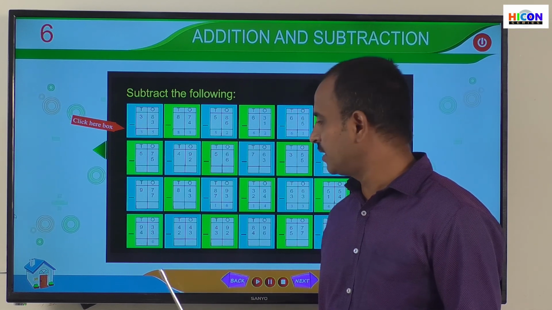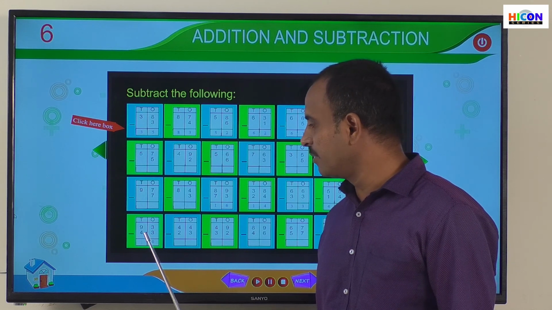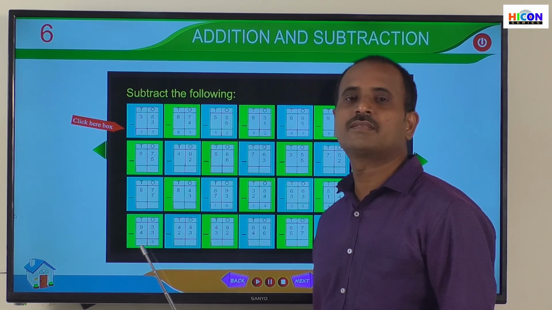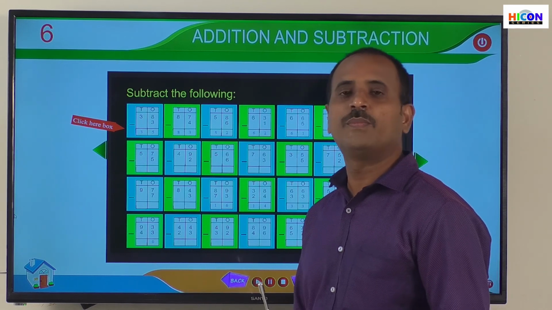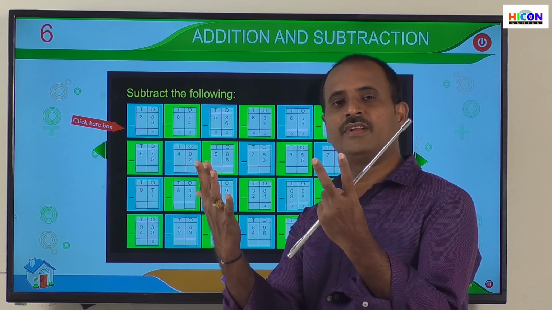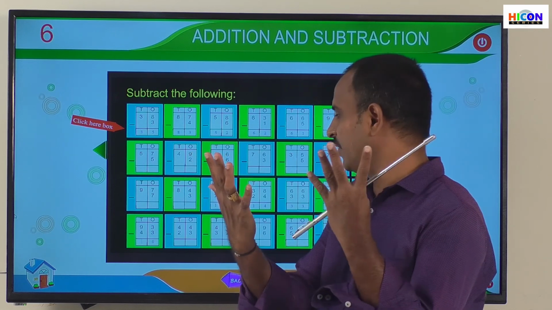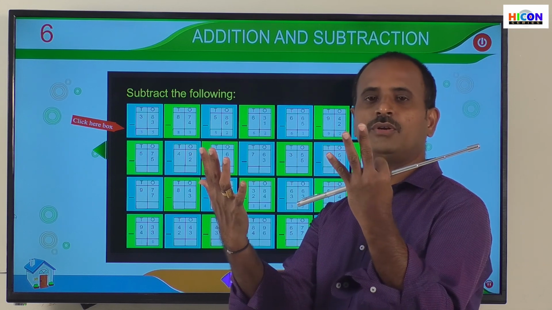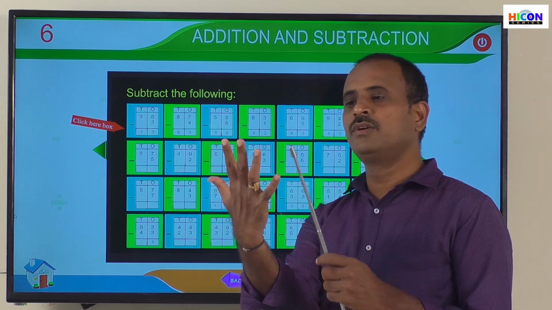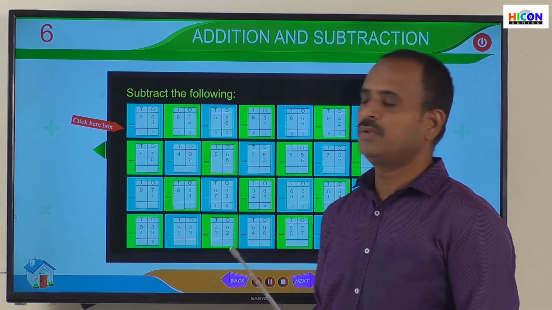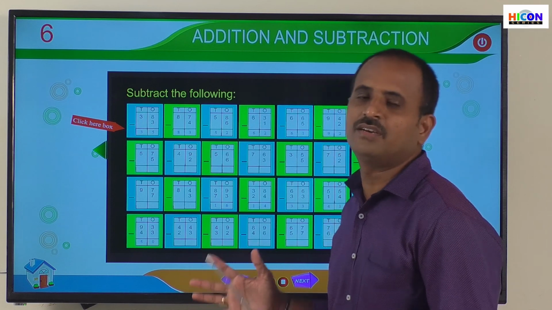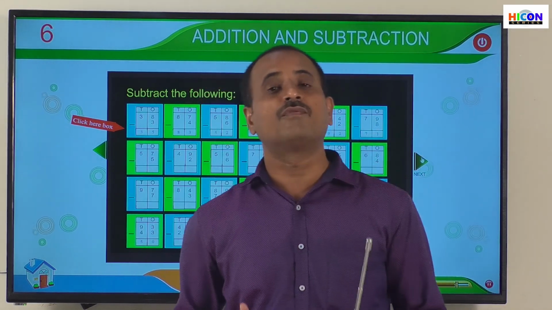So go to the next place, that is the tens place, and subtract the digits present in the tens place. So what are the digits? 9 and 4, that is 9 minus 4. 9 minus 4 means open 9 fingers and close 4 fingers and remaining fingers will be the answer. So open 9 fingers. 1, 2, 3, 4, 5, 6, 7, 8, 9. Children, these are the 9 fingers and close 4 fingers. 1, 2, 3, 4. So children, how many fingers are there remaining? There are remaining 1, 2, 3, 4 and 5. So write 5 under tens place. The answer is 50.